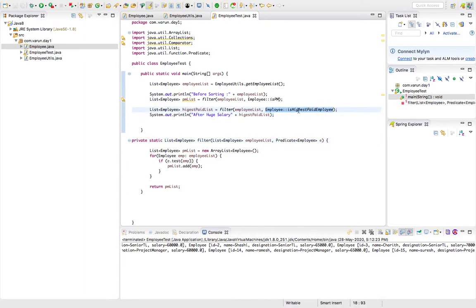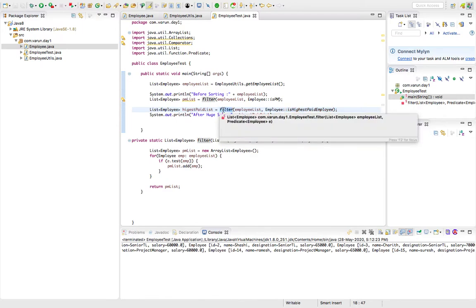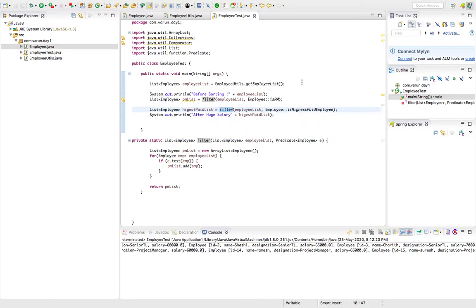Here we are passing isHighestPaidEmployee, a function as an argument to this filter method. So in Java 1.8 this feature is called method reference, where we can pass a method as an argument to another method. Okay, up to this clear?